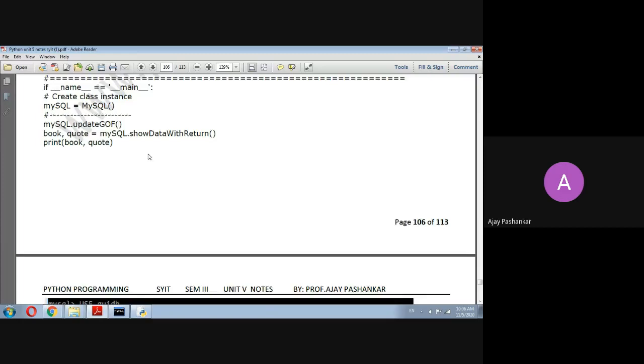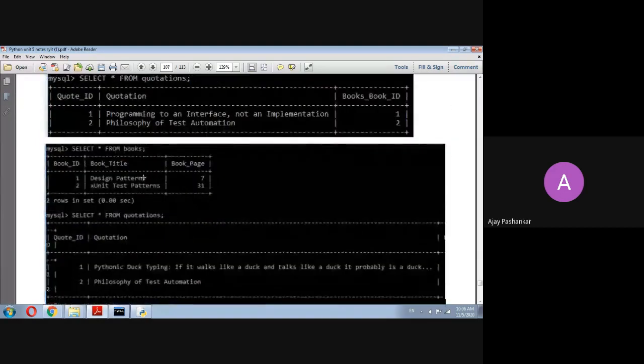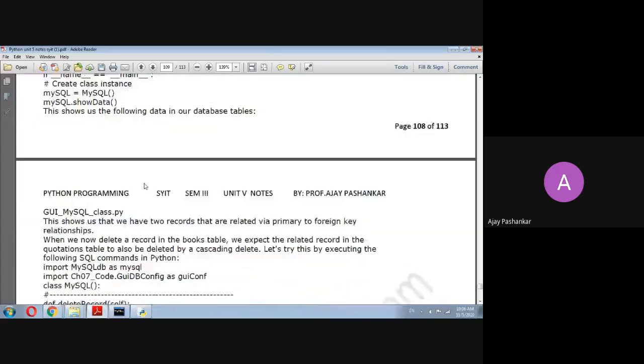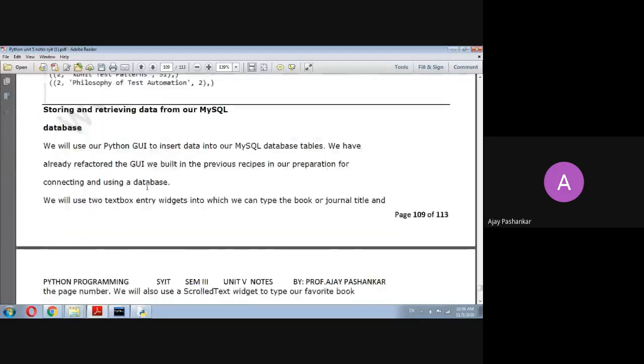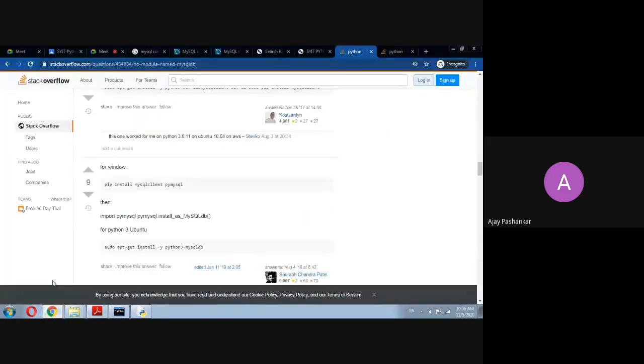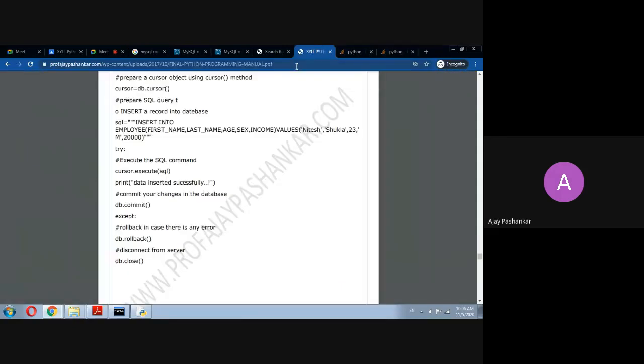You can use this MySQL command to perform this practical. We'll have about 3 to 4 practicals of MySQL with Python.